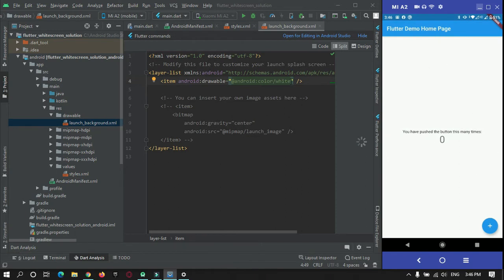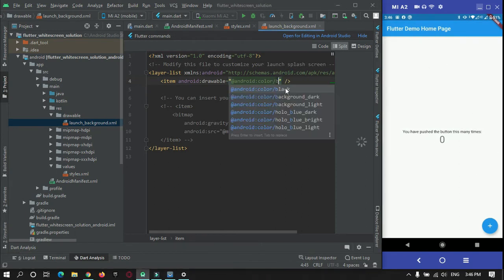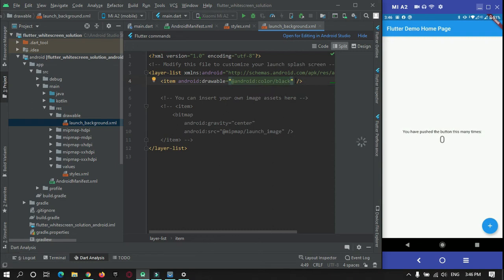You can change it to any color you want, so we can change it to black. And if you want to show a logo of your company or any image, there is a commented tag syntax. You just need to remove the comment part.